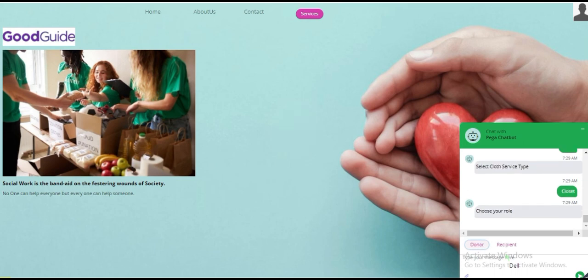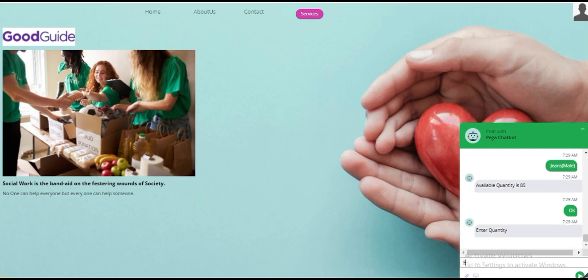You can also choose the closet by selecting the city and location, and you can select the name of the closet in that particular city and location. He will be shown the list of categories. You can select a particular category and you can select the dress type which you need. The available quantity of that particular dress type will be shown.